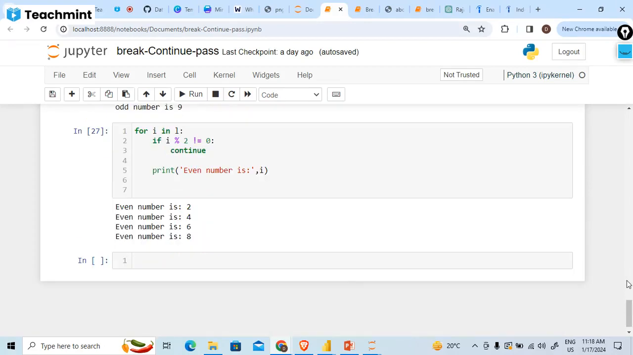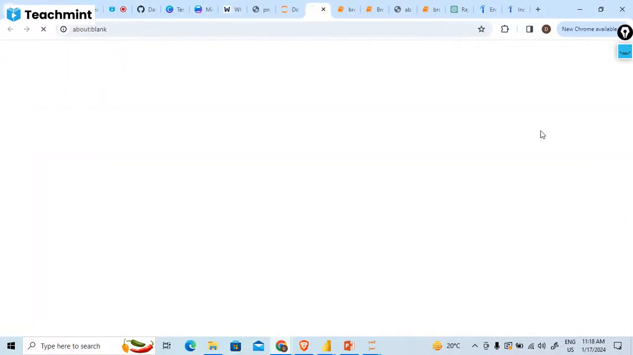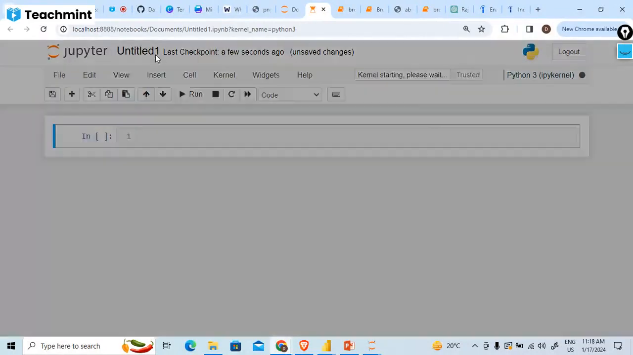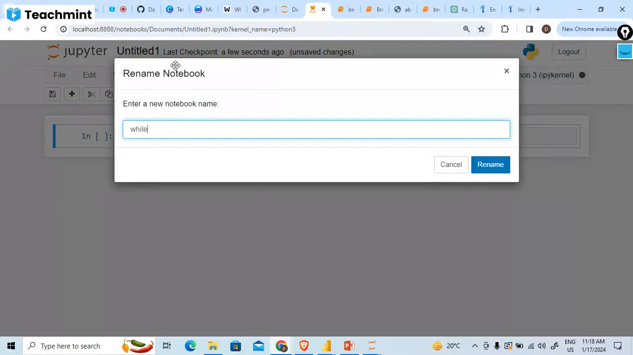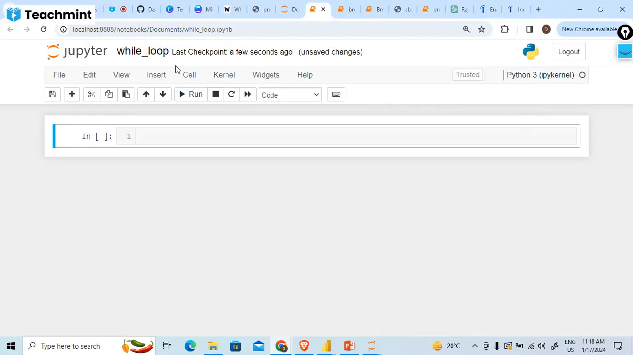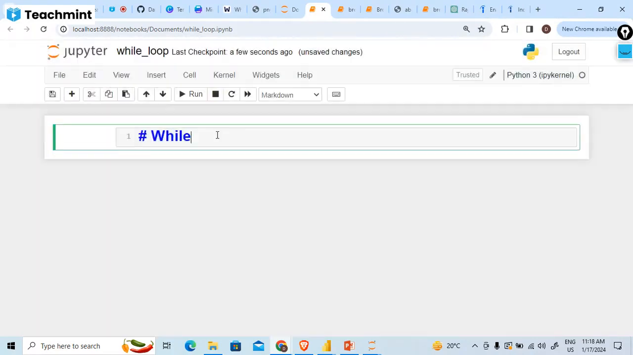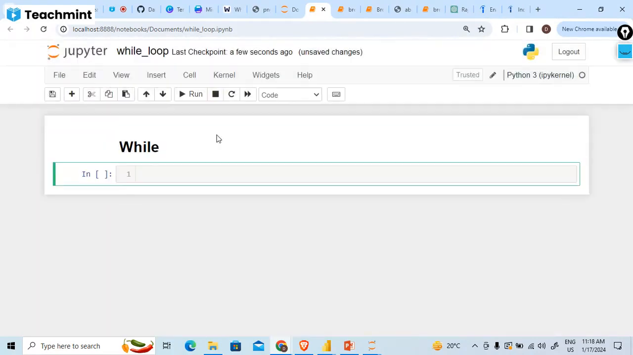Completed? Okay. Now we have to start our next loop, that is while loop. Create new file. Now first of all, we can write down something regarding while. What is meaning of while? Okay, now write